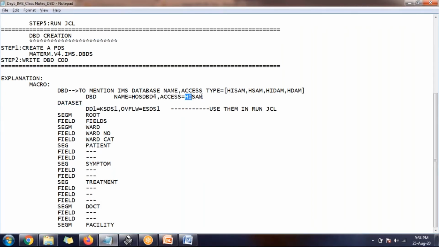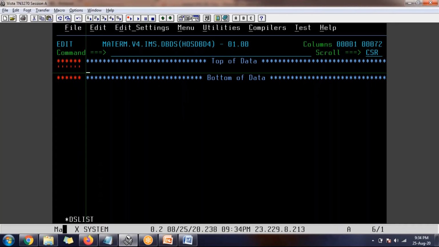If you take HIDAM, you might need two DD names. So depending on the access type, the number of DD names changes. It is not static; it is not always two. That is how the design of the IMS DBD works. Any other queries, team?